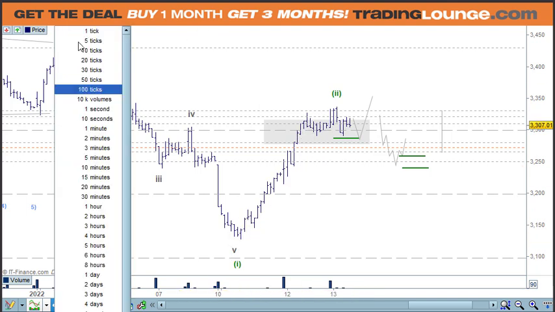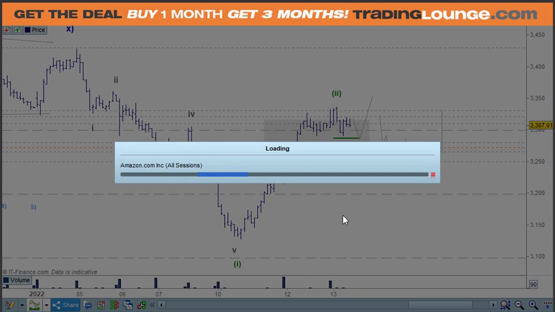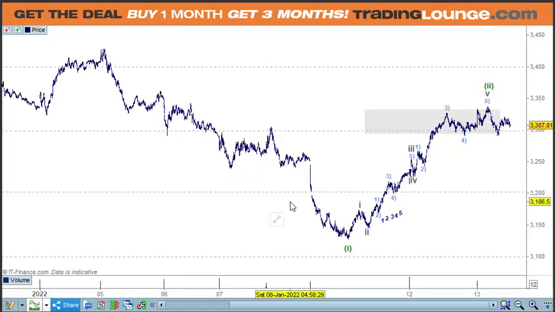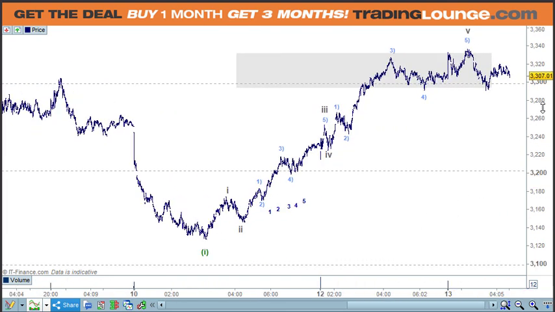Let's go to the 5 tick chart. So I'm not saying it's easy. It's really about risk management at the end of the day, managing your exposure with all of this. So in this 5 tick chart here,